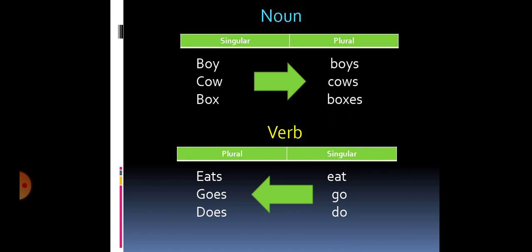But when we are talking about verbs, in verbs it is right opposite of it. So basically the original base form of the verb is always plural. Okay, he will play, we will play, we use it like that, right? But that is actually the plural form.